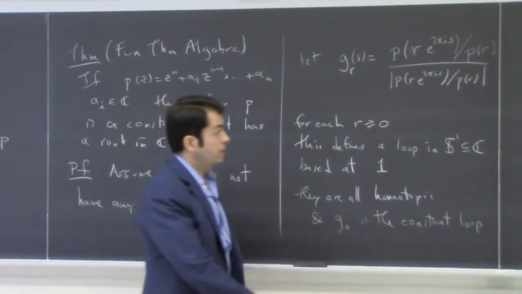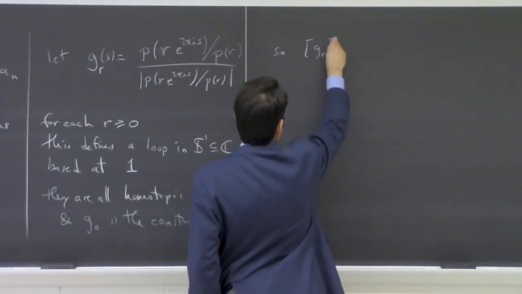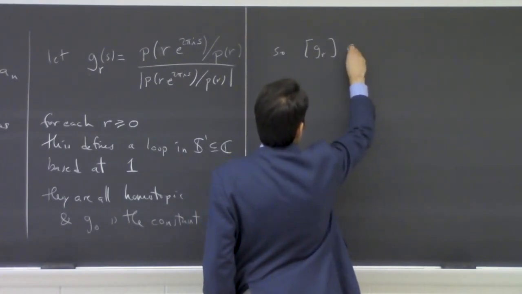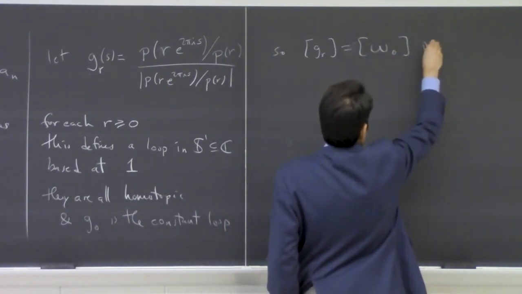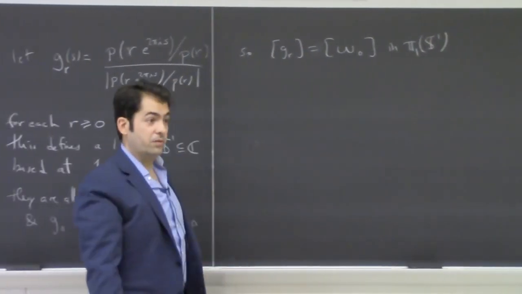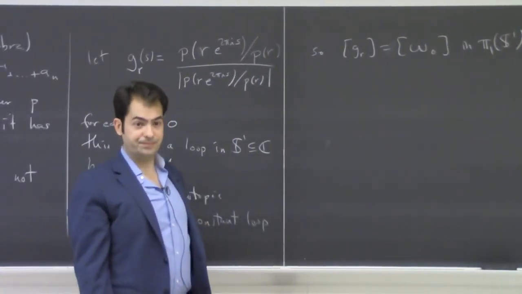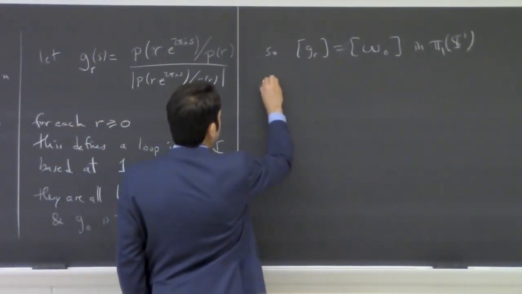Right? So the class of g_r in the fundamental group is the same as the class of 0. Okay, on the other hand,